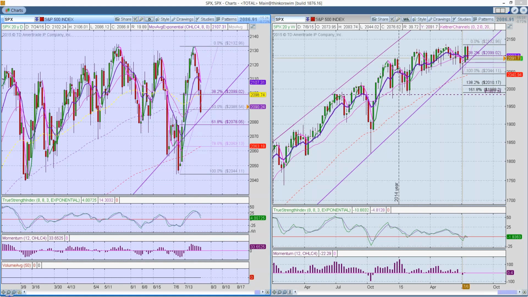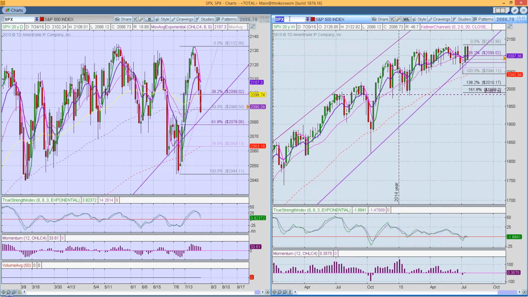On a daily chart, while this was not a huge uptrend, because of the size of the candles on the weekly chart, it's a one week uptrend, and today we would be getting a dark cloud cover candlestick if we in fact close where we are. And as you can see, the momentum is still coming out of the true strength indicator. True strength index is still pointing down, and the momentum is still downward on the actual momentum indicator.